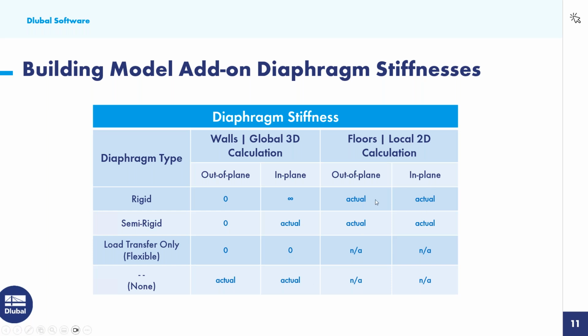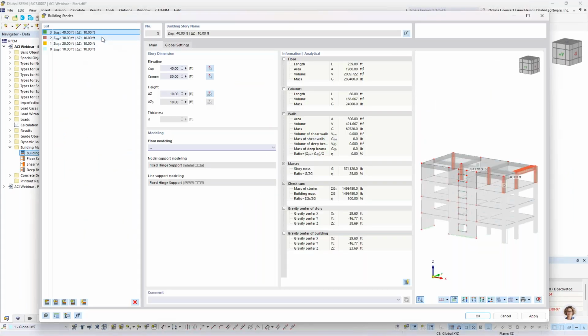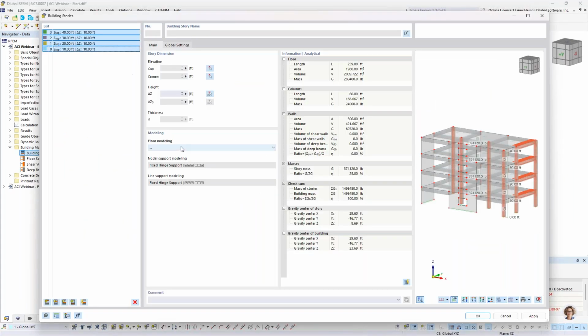Now, we also have the couple columns here at the end for the local 2D calculation. So in case we have defined a rigid or semi-rigid diaphragm, you can see here that the actual stiffness will always be used for both out-of-plane and in-plane. Now for the load transfer or no diaphragm, remember we're not running a separate 2D calculation, so this is not applicable within this table. So we'll go back to our example today, and for all 4 of my floors, I'm